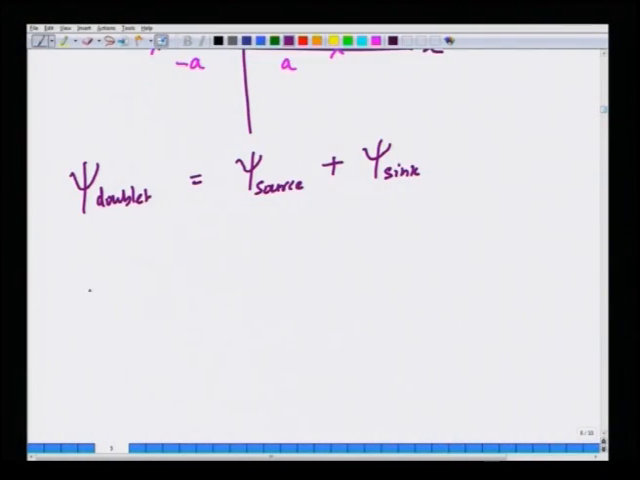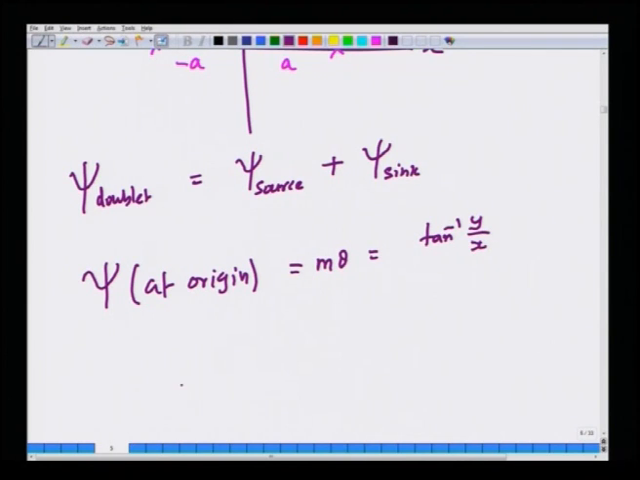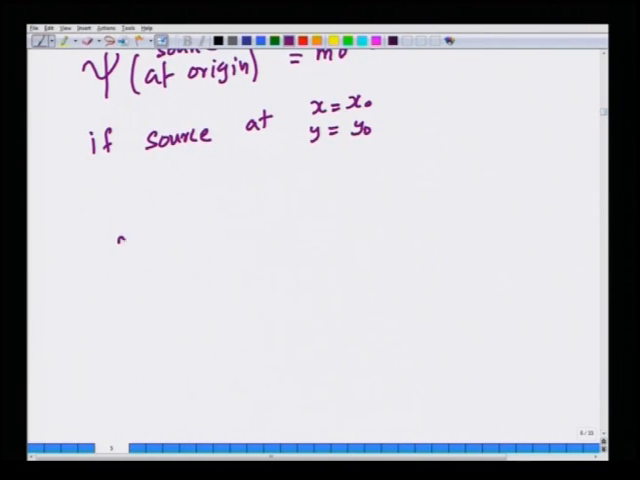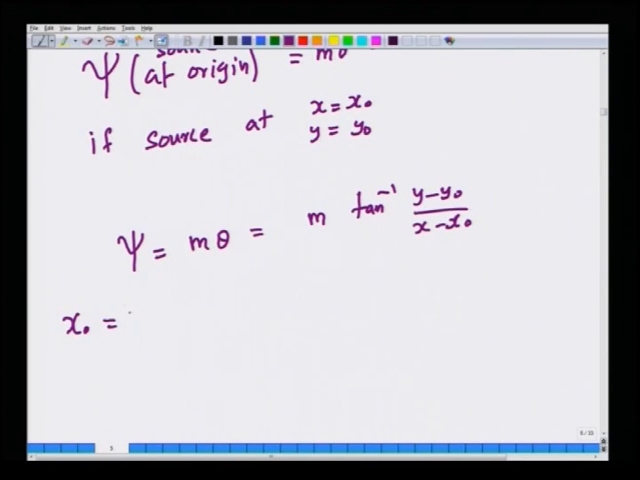Now, we know that if the source is at the origin, psi is m theta, where theta is tan inverse of y by x in terms of the Cartesian variables y and x. If the source is at any location, x equals x naught, y equals y naught, then we can write psi is m theta, equal to m tan inverse of the distance from the source, which becomes y minus y naught and x minus x naught. In this problem, x naught is